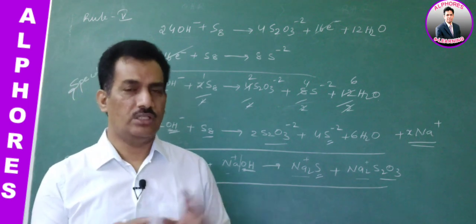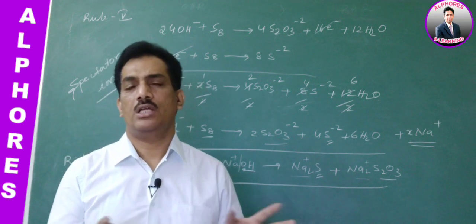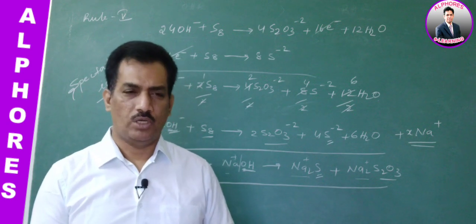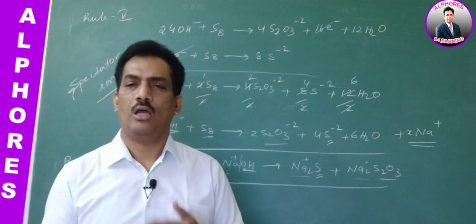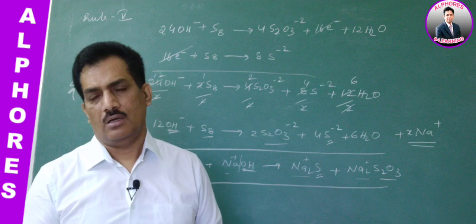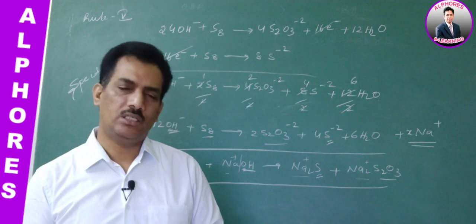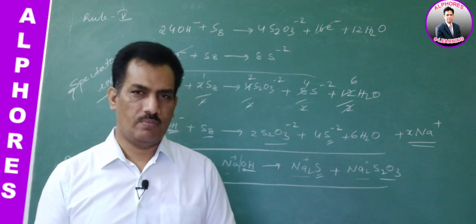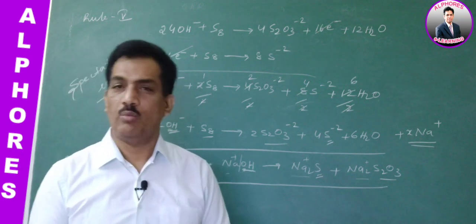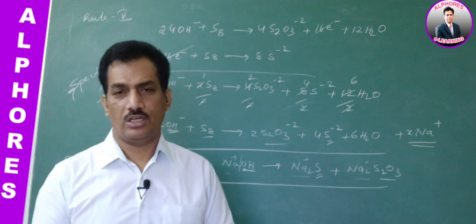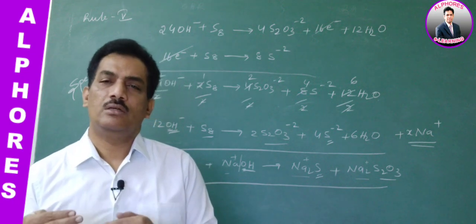With all this, I am concluding the ion electron method here itself, and in the next session I will start the oxidation number method to balance the equation, because the oxidation number method is the convenient method to solve the numericals provided in competitive exams. Why we consider it a convenient method is that it takes very little time. There also you should use your IQ. There also you should have an idea about the oxidation number and oxidation and reduction reactions. All these you should have in your mind. But with that you can easily solve the questions.